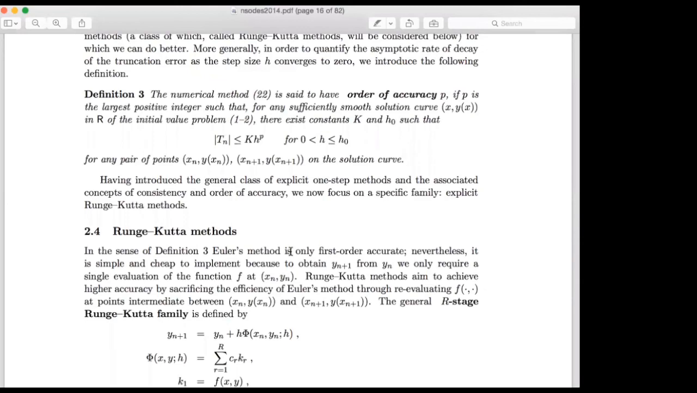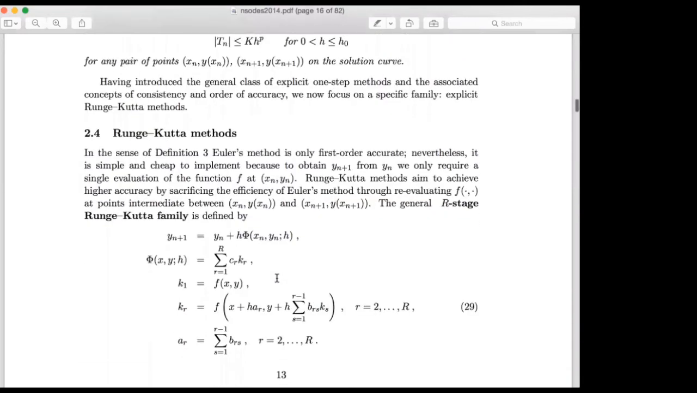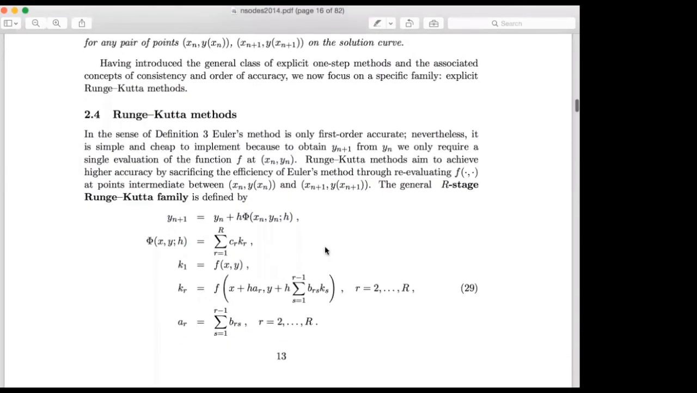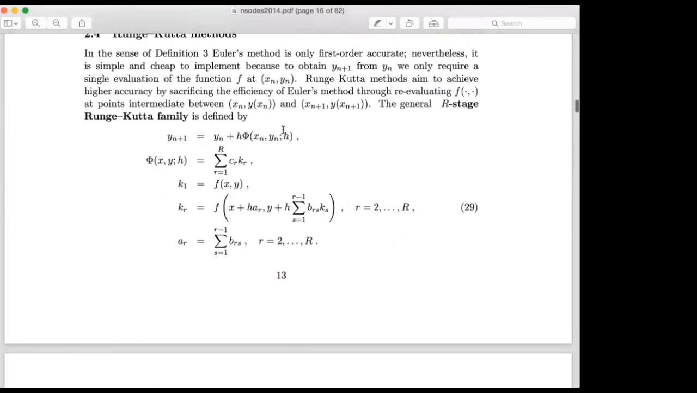And the multi-step method, you people are already aware of. In R stage, due to lack of time, I'm just quickly explaining. The general R stage method is defined by yn plus 1 is equal to yn plus h phi. So in this case, what will be phi? Because we are talking about the explicit